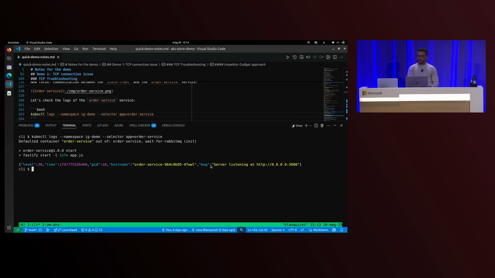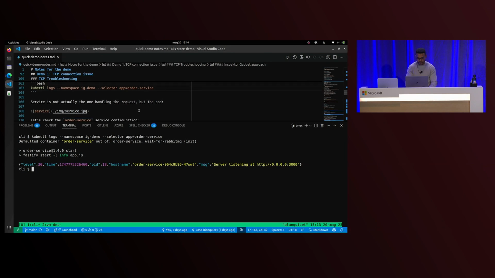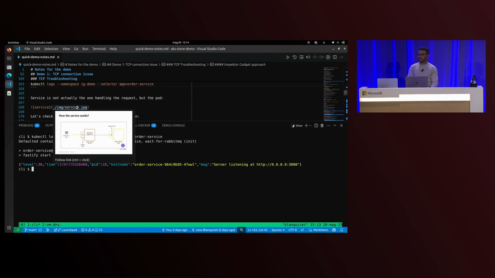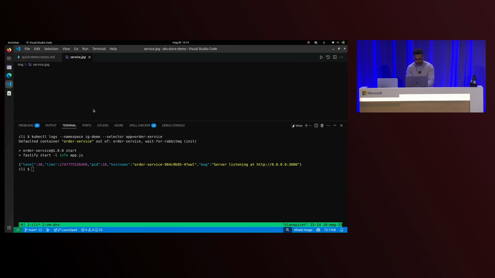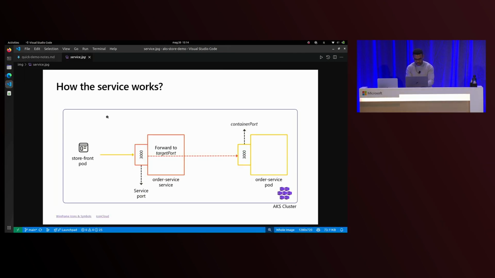We only have one log saying that it is listening. So probably it is not receiving any connection request, or something is going wrong and we are not logging that connection. Let me show you the situation that we have.